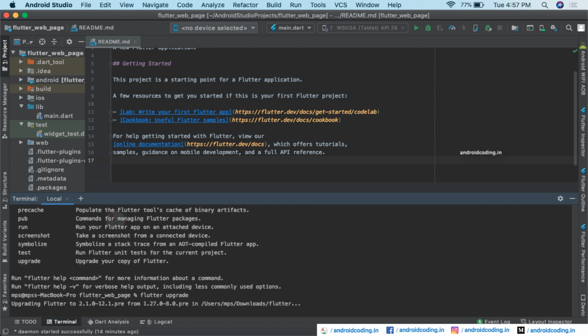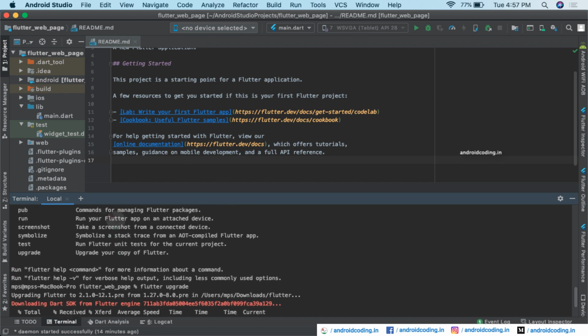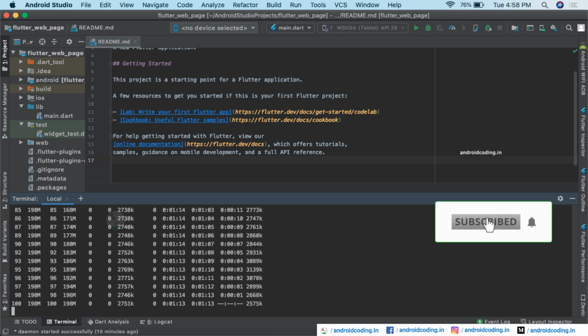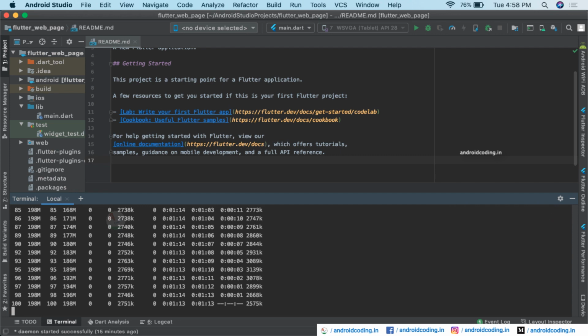You can see it has provided us the message: upgrading Flutter to version 2.1 from the existing version 1.2. These are all the details it is providing us. So yes, our update is completed. Here you can see we have reached 100%. Now let us see the next step.